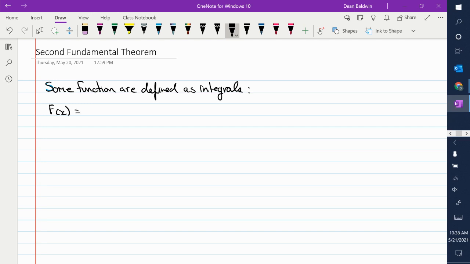So that means f of x is equal to the integral from a to x of f of t dt. The function is defined as the area under a curve. Its value is given by the area under a curve. And the one that you have seen but